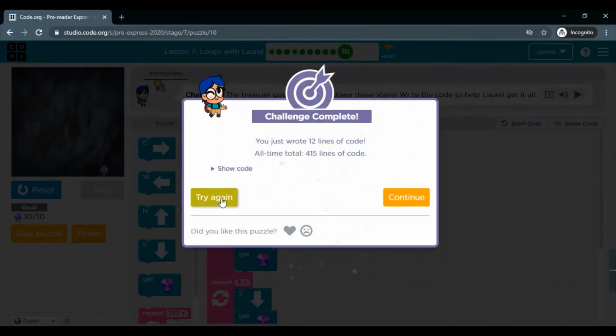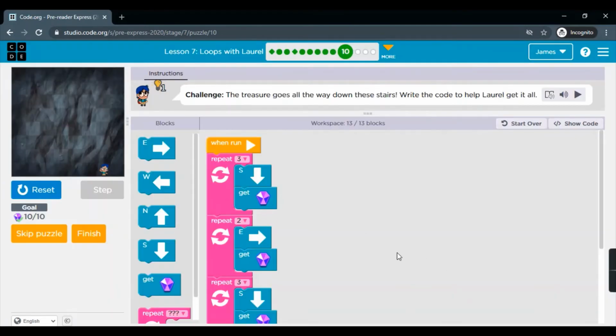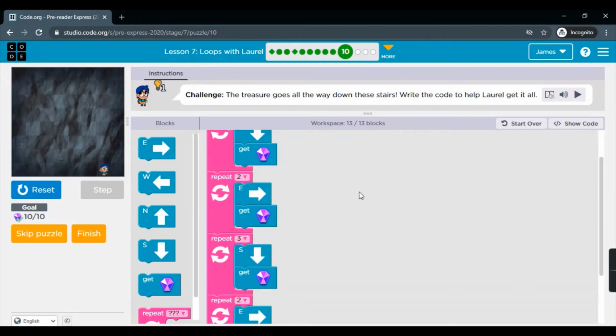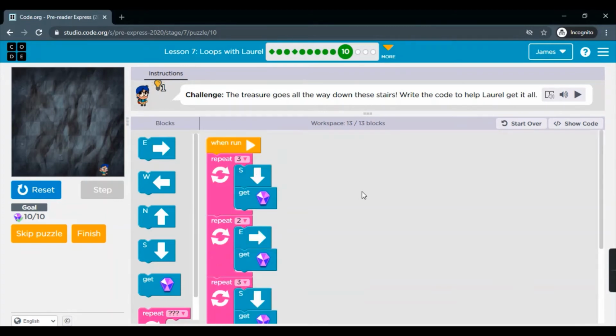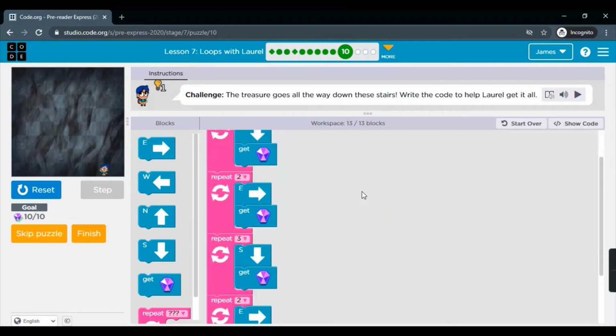I'll try again. So here what I want to explain is, sometimes we repeat the repetitive actions multiple times.